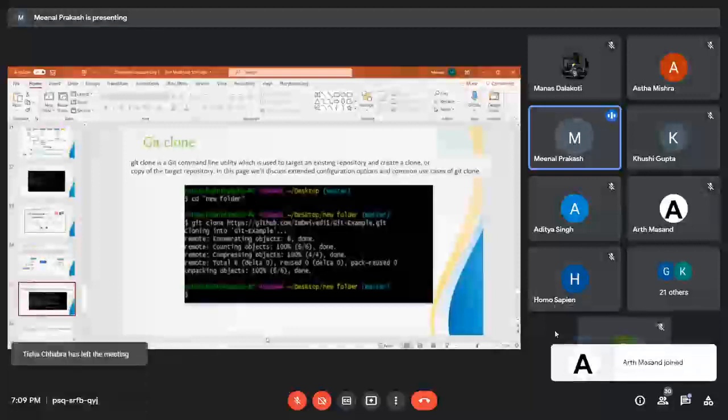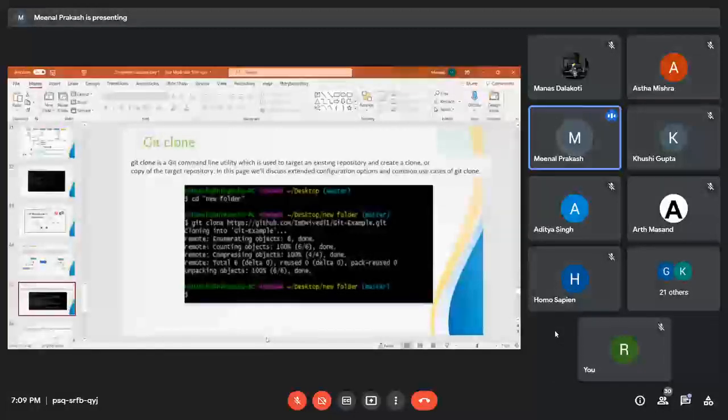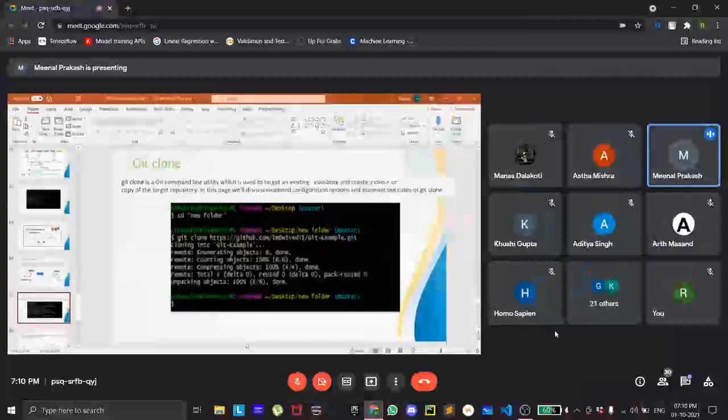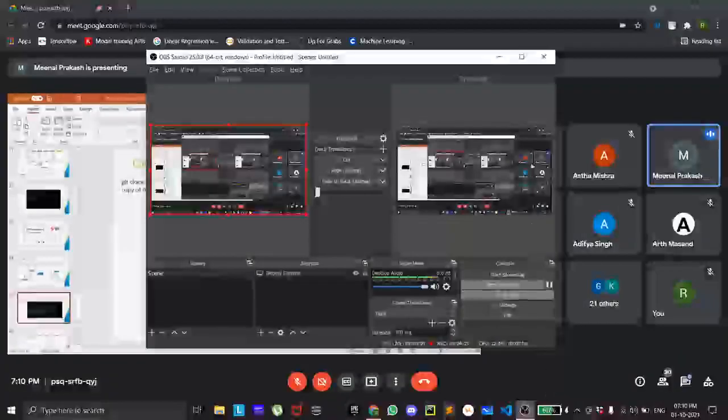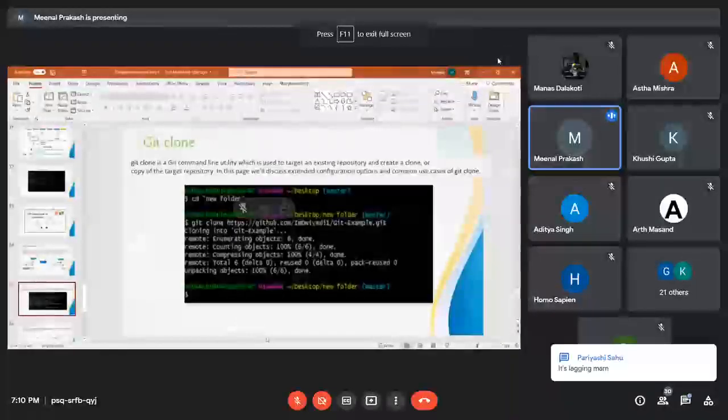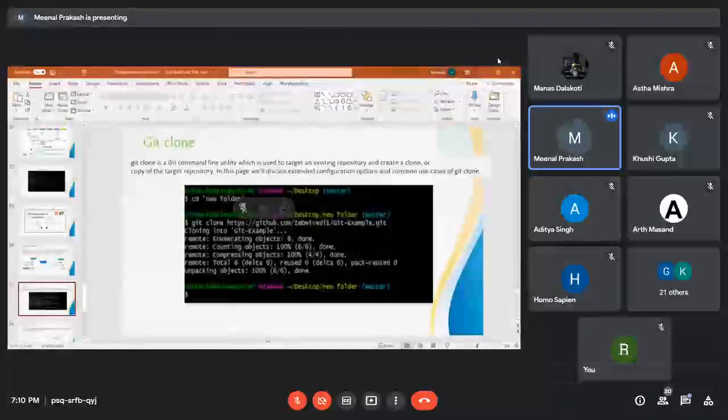We'll discuss the extended configuration and options and common uses of git clone. Now, cd into my folder, and then I use git clone and then the URL. This URL can be found in the GitHub account, for the repository that I want. So git clone, and after this, a file will be downloaded into your laptop.